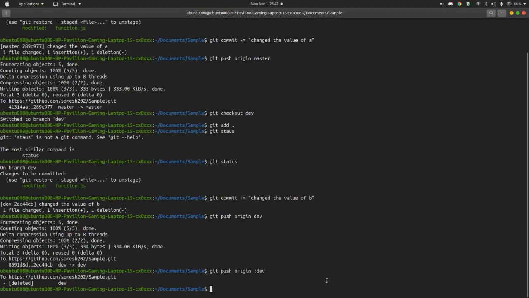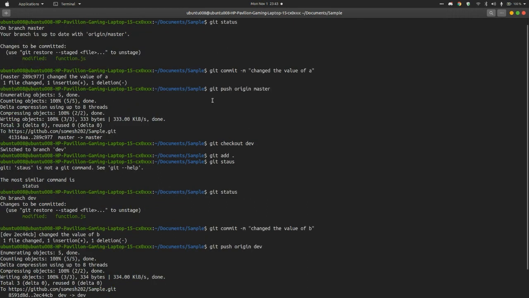For that we have a force flag, but it is not at all recommended because it is destructive and would overwrite the changes. Instead, we pull the changes from the remote repository and then apply git push origin and the name of the branch.